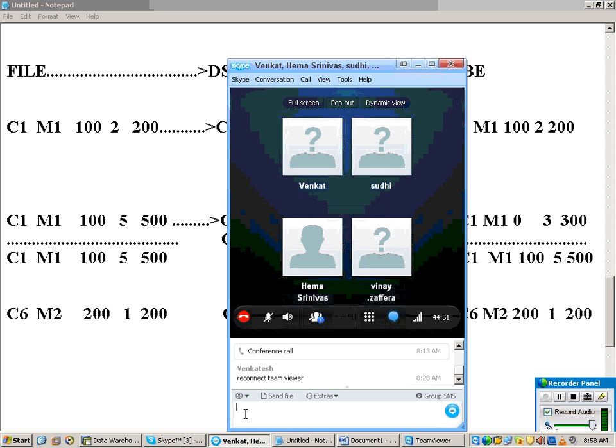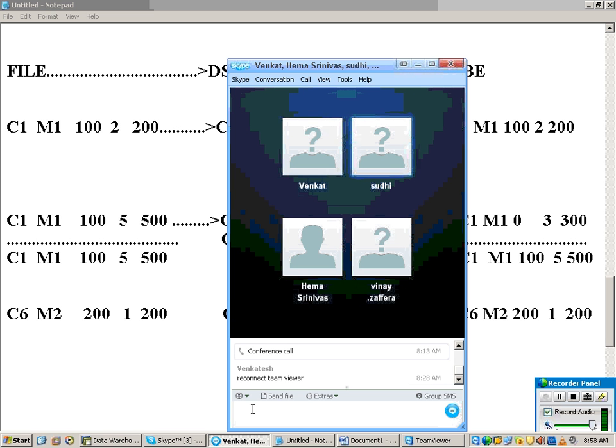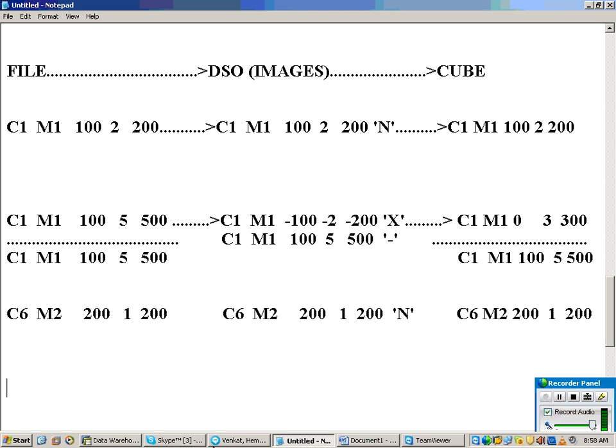Yeah, Vinay? Yes. Yeah. Okay. Okay. Hmm? I will discuss that part. We have not come to it yet. I'm asking about the images concept. Is the images concept clear? Is the concept we are discussing clear?